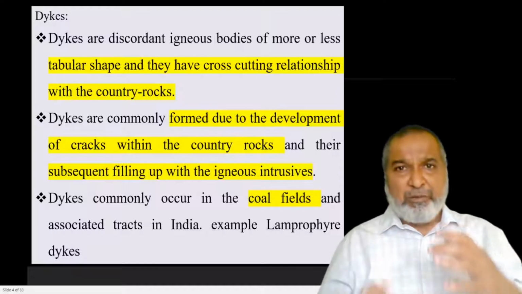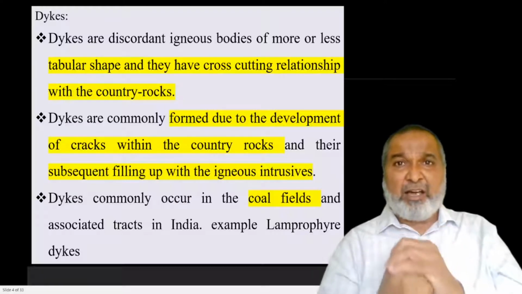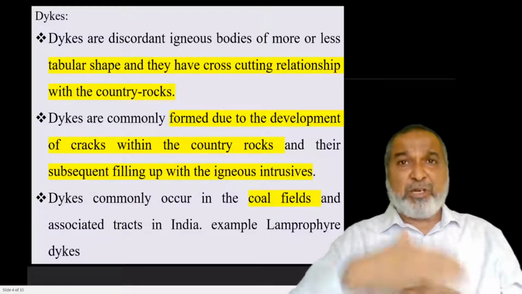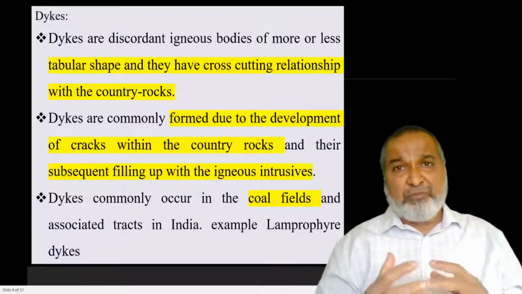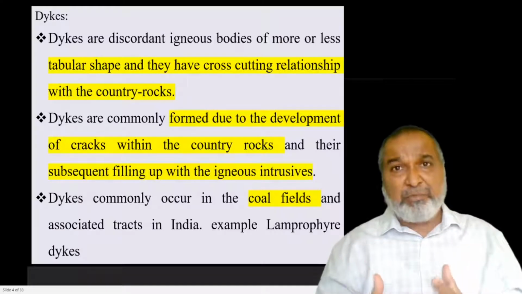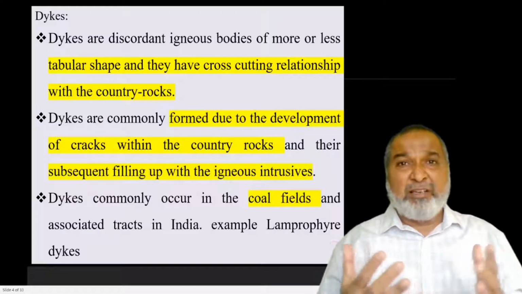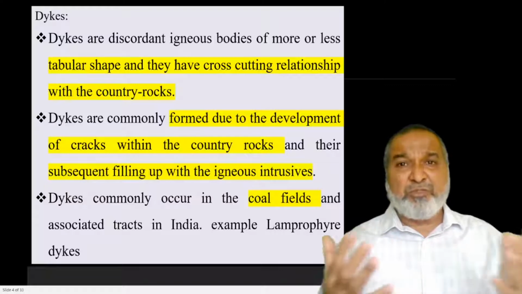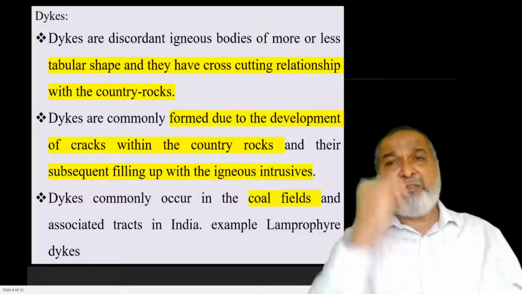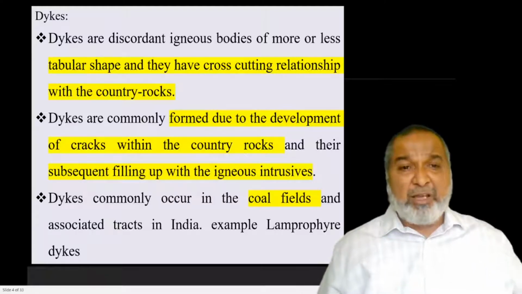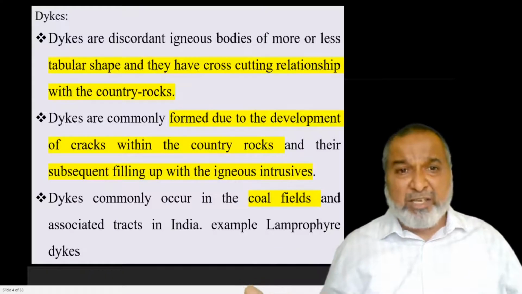So there also, the pressure is coming from the lower side, and the upper country rock is keeping pressure from the other side, because upper side also we have rock, so from both sides the pressure will be there. If that rock could not sustain that pressure, then slowly fractures, cracks and joints will be formed, and along these fractures and joints the rock will be cut down and the eruption will come out, and this vertical eruption is simply called the dike.